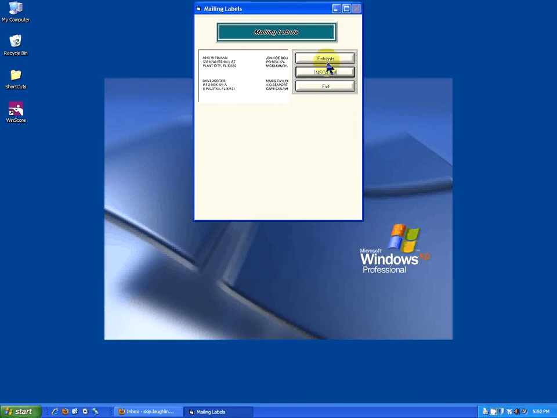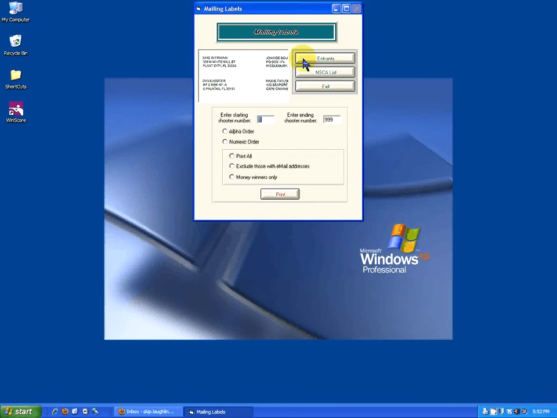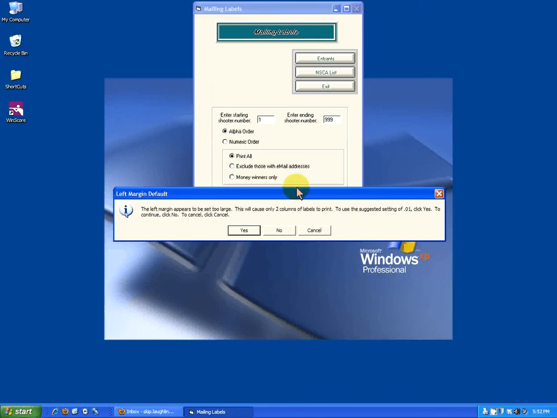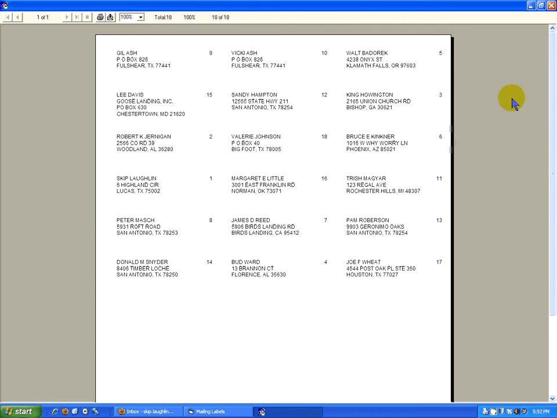And mailing labels. With NSCA, you have to get mailing labels from NSCA. Sorry. Entrance. You tell the shooter range. You want an alpha order, which we probably do because the checks and all the detail is printed in alpha order. And I want to print all. You can exclude those with email addresses, meaning you're going to email the results to them, not snail mail them. And you can also, if you just want this for mailing checks, then you can limit it to money winners only. So we'll click print,